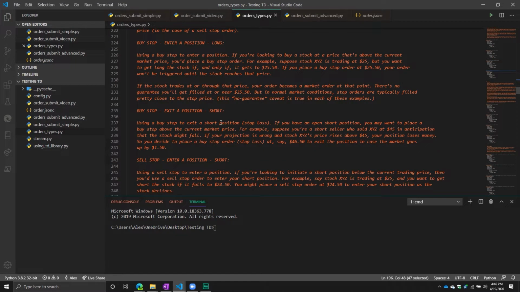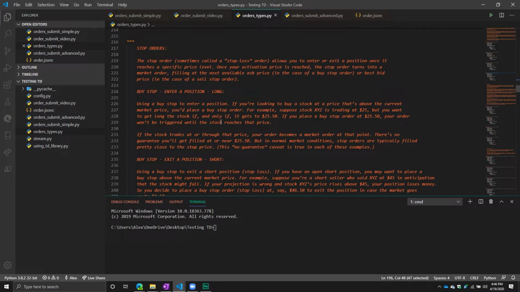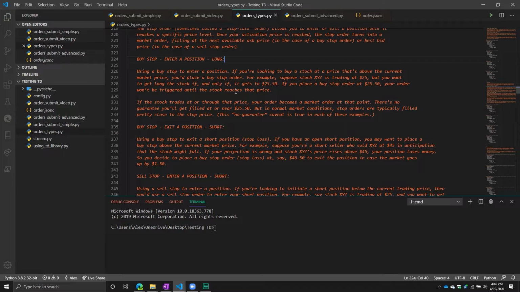Again, we have 4 scenarios. 2 of them are utilizing a buy stop order. One is entering and one is exiting a position. The entering one is going long. The exit position is going short. So using a buy stop to enter a position, the idea behind here is